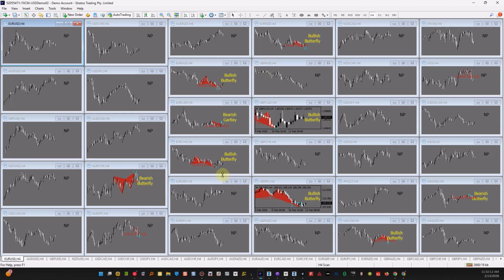So this is my H4 harmonic scan matrix. All right. And so I only have the harmonic pattern indicator on these charts and candlesticks, nothing else. Okay. And so this helps me get a bird's eye view of where my H4 harmonics are printing on the instruments that